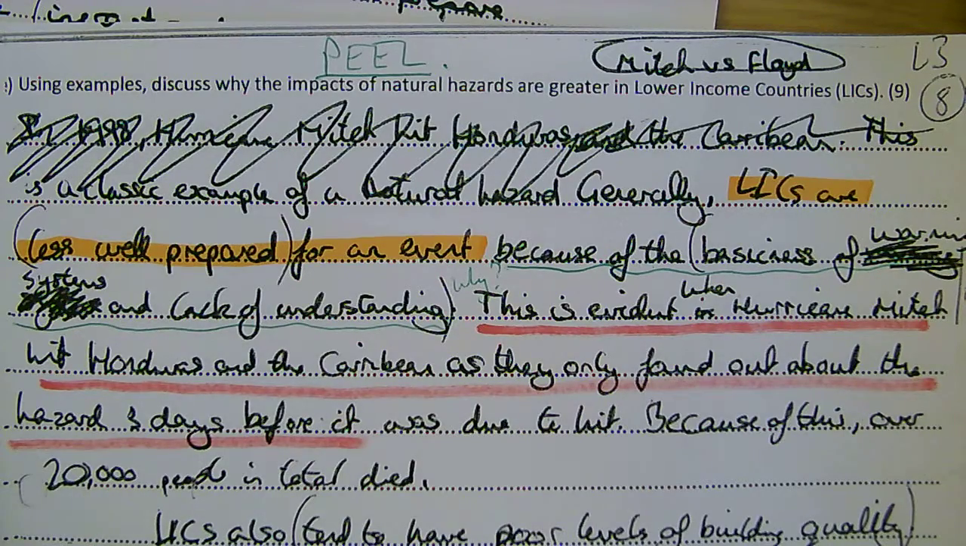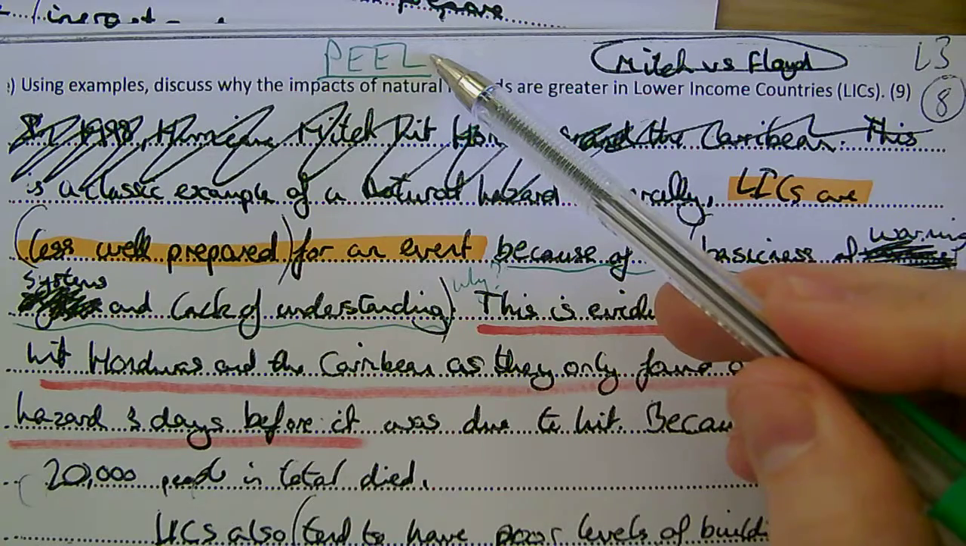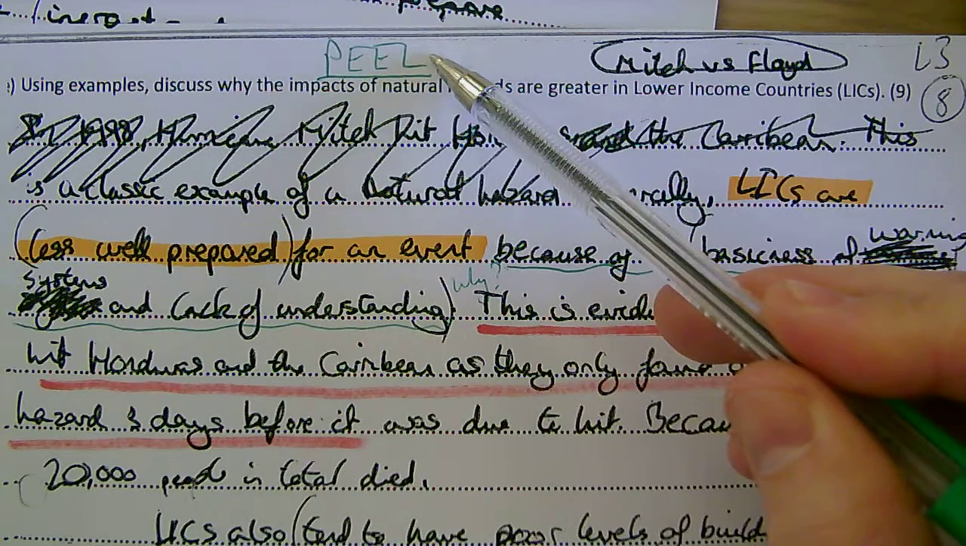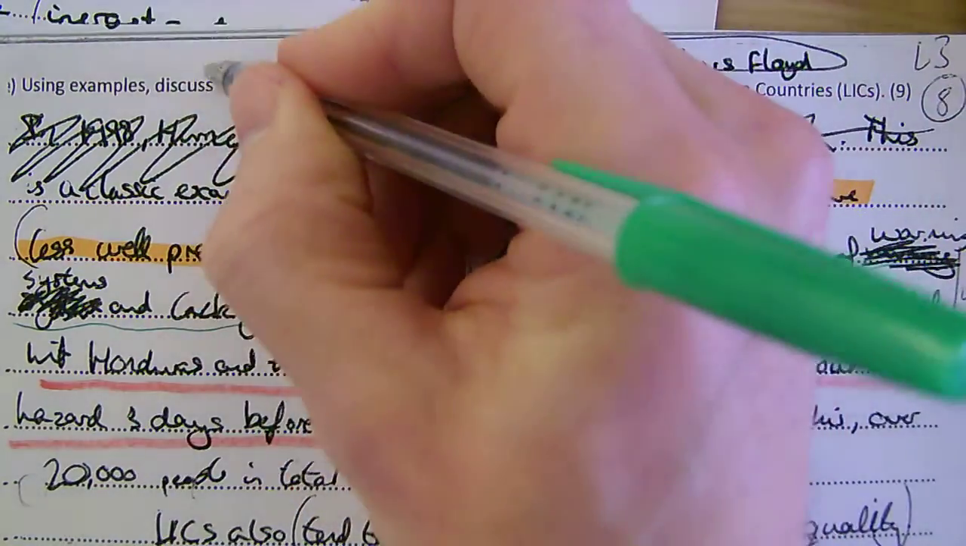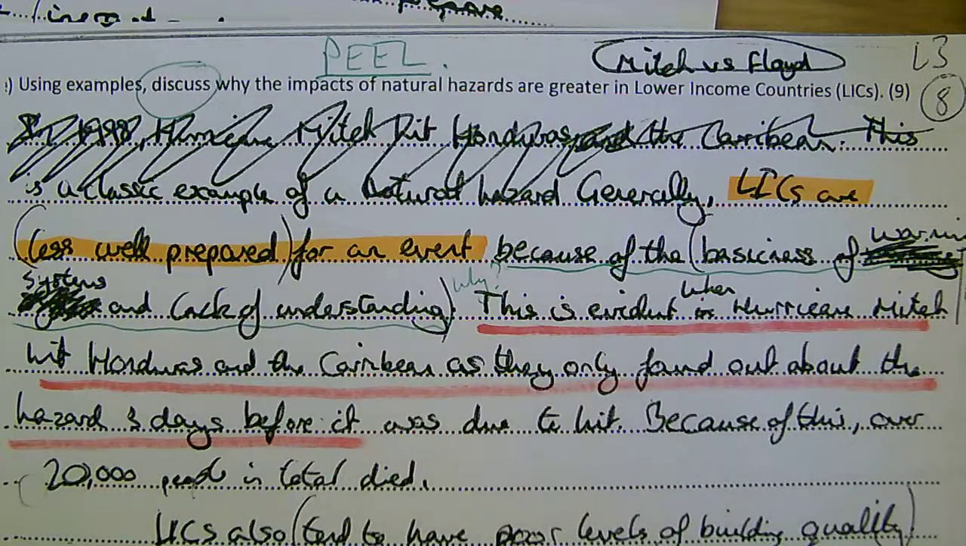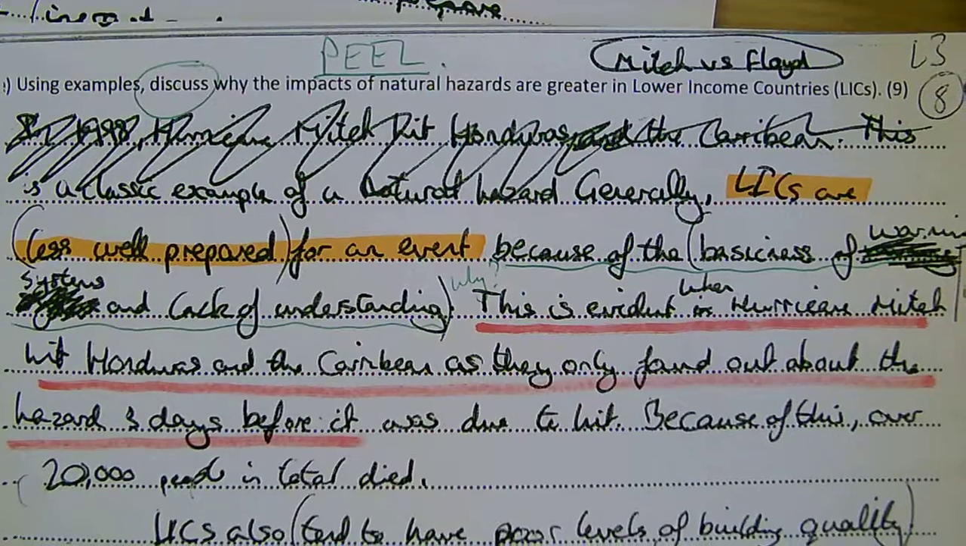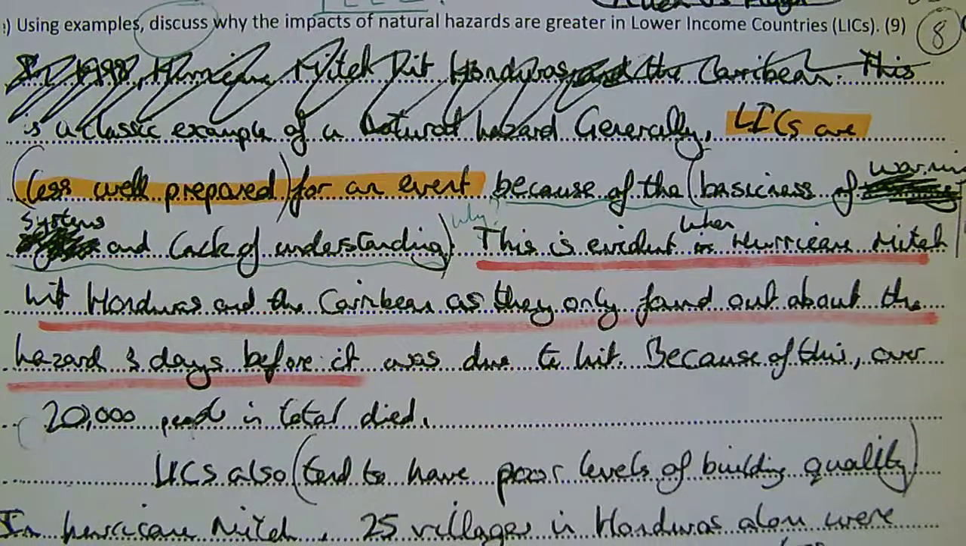Now, in this second video, what I'm going to try and do is go through a couple of answers to illustrate particularly the aspect of PEEL and the type of structure you should be giving your sentences and generally your answer to successfully answer a discussion type 9-mark question. If we just look at this answer first,